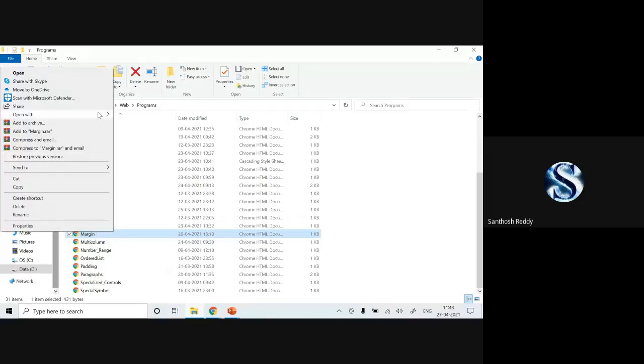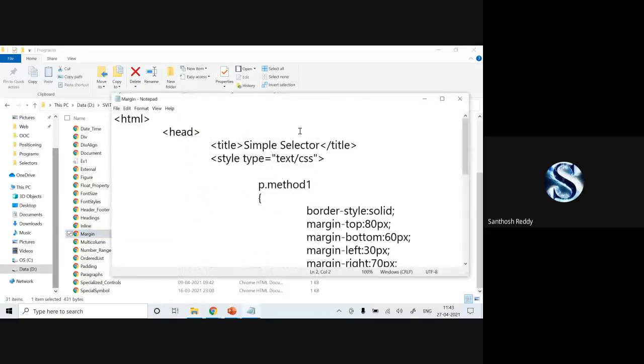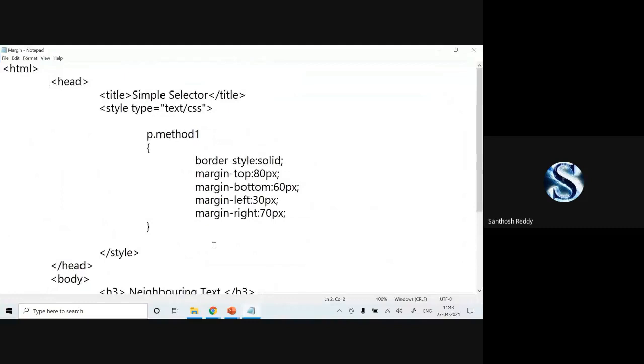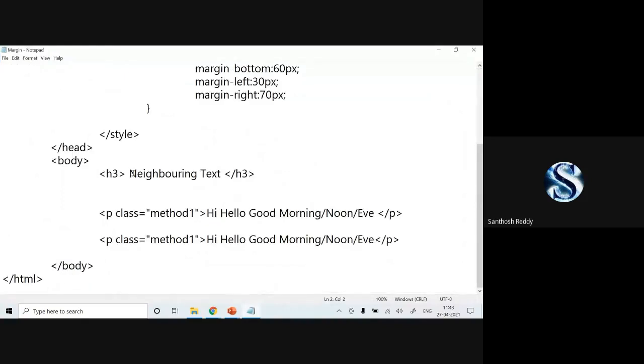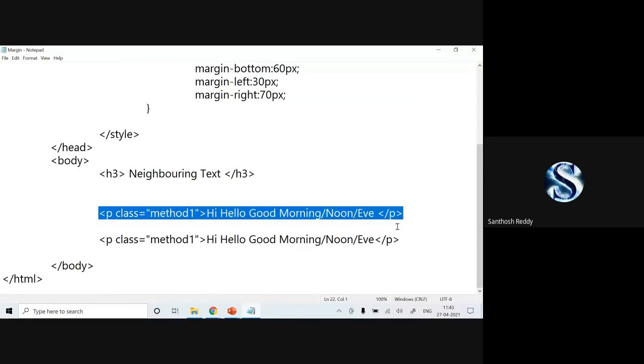Margin, open it. You can check here where there is one text and I have another paragraph tag, P class equal to method 1.